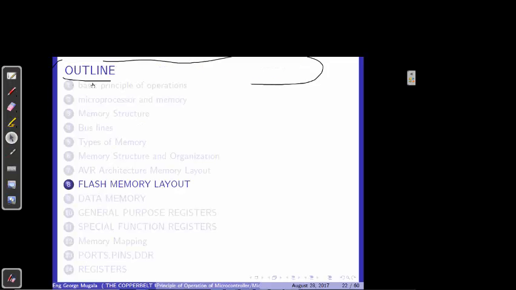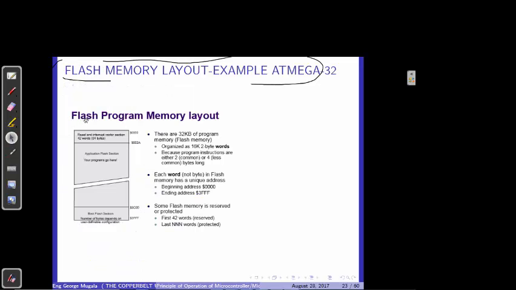Now, the Atmega 32 has what we call the flash memory. I mention this now because we're pinpointing. We have what we call the flash memory. The flash memory